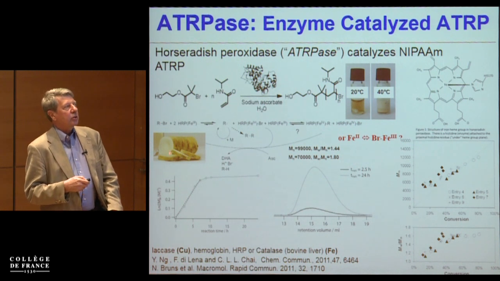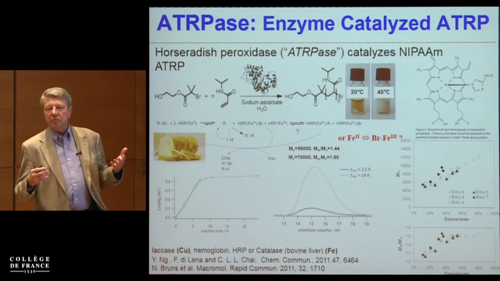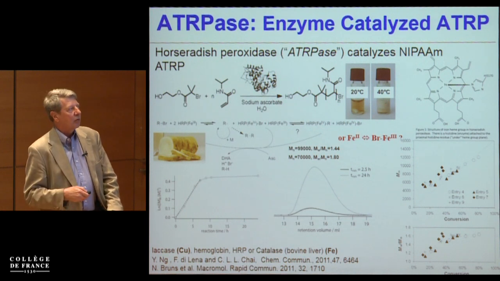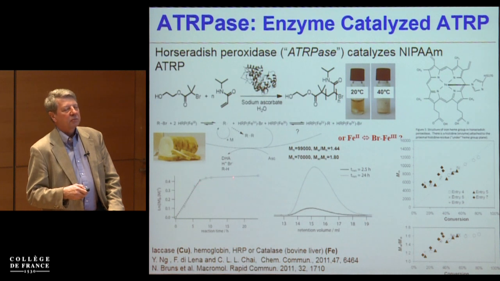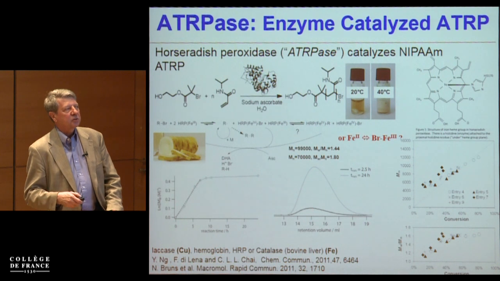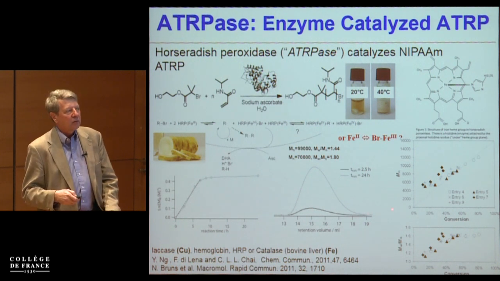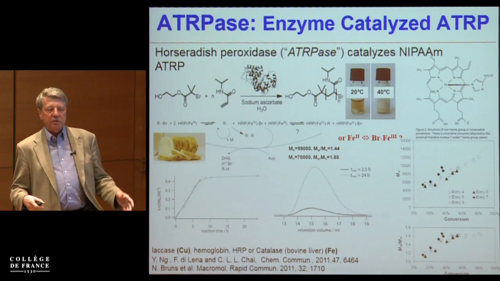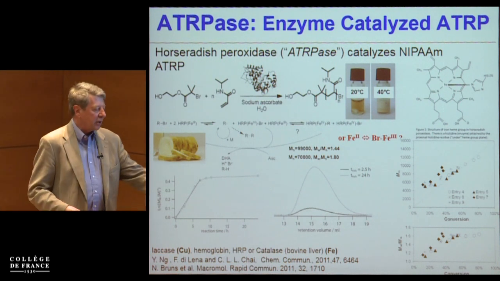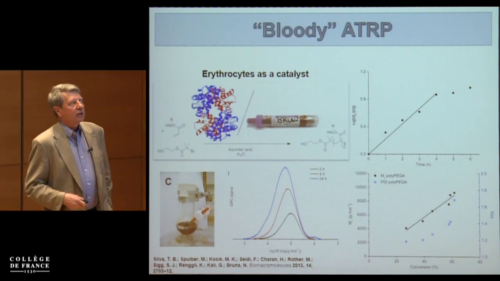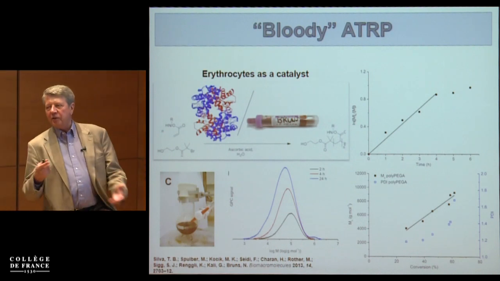This is based on horseradish peroxidase, sometimes just on various types of hemins, as you will see, also some other systems as well. Polymerization starts and then stops. You could see that this molar mass distribution is pretty broad, not very good control, and essentially you go to limited conversion. One of the interesting extensions was done by Nico Bruns, and he was brave enough to take his